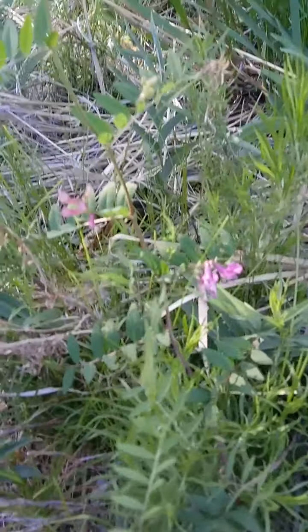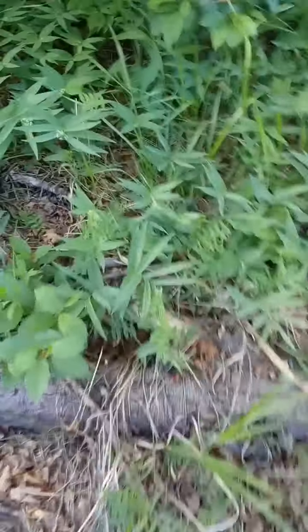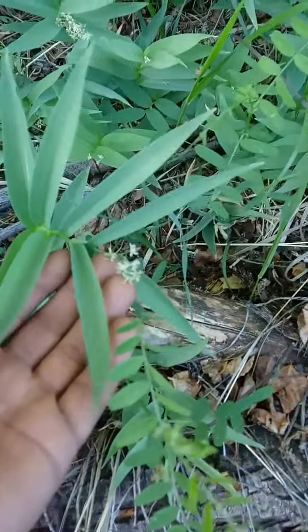Oh, these are some pretty flowers. So many different kinds of flowers up here. Gotta get ready to hop over this log. I was looking at this herb. In the book I saw, that's just my foot resting on this dry log, it is called starry